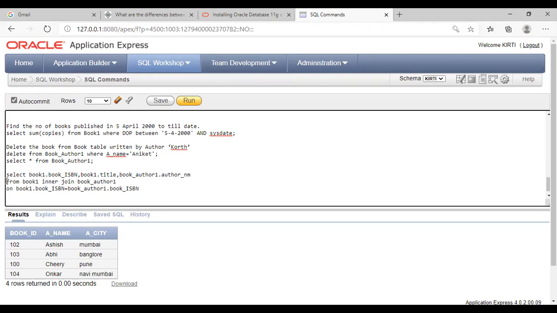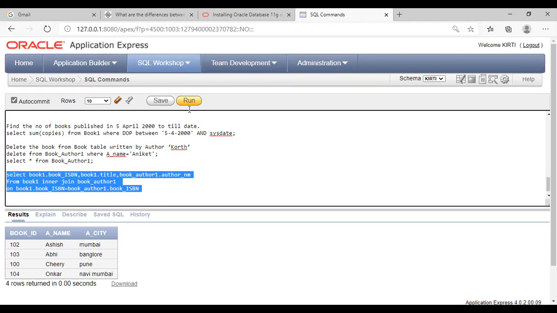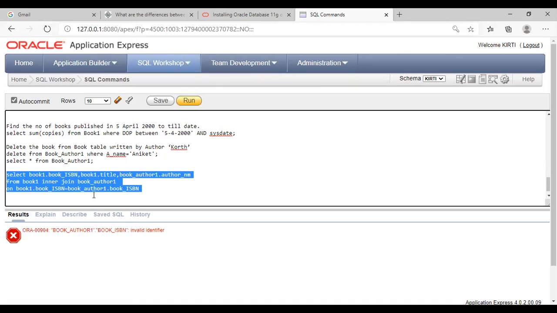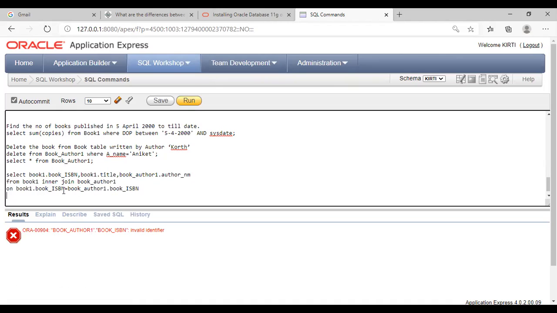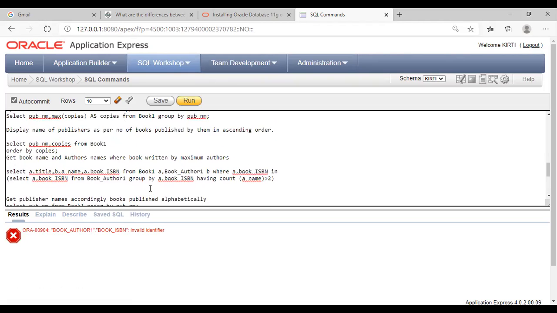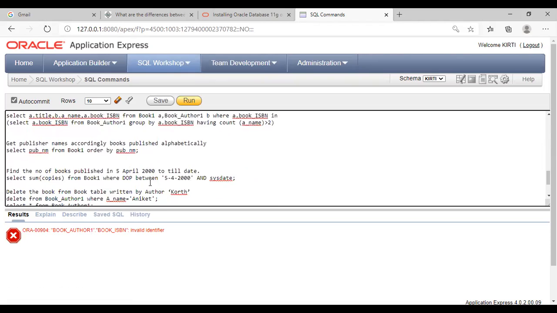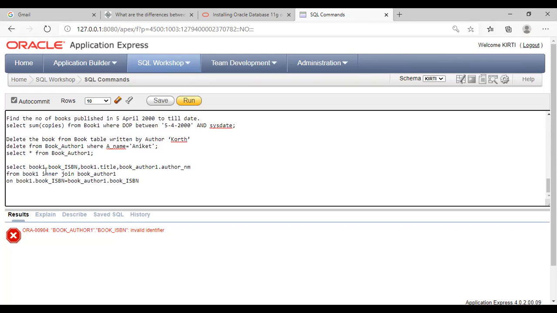So here we are merging both tables with inner join. Here, book ISBN, how have we written the book ISBN? In book 1 the book ISBN number is there, and in book author 1 I think the ID is there.